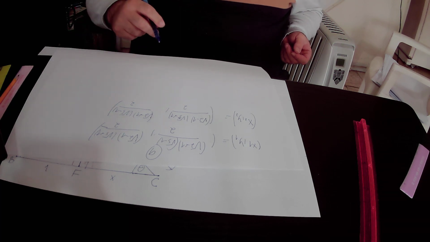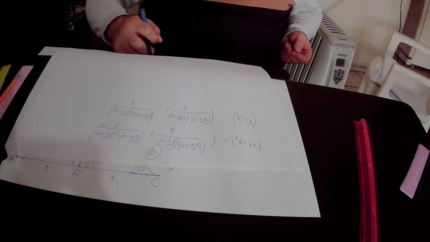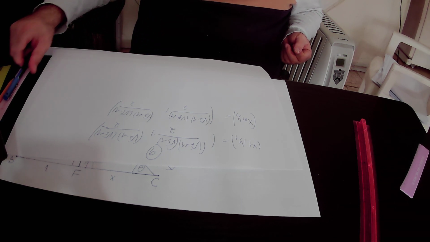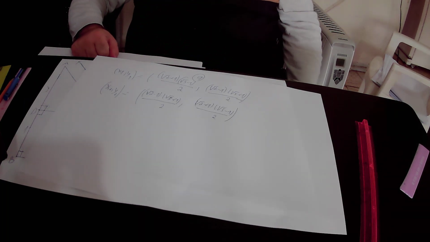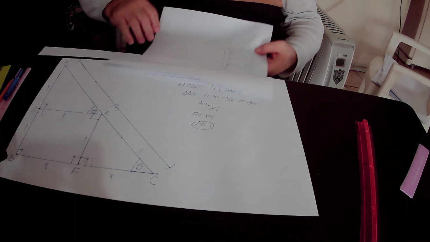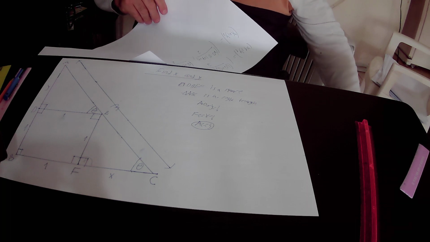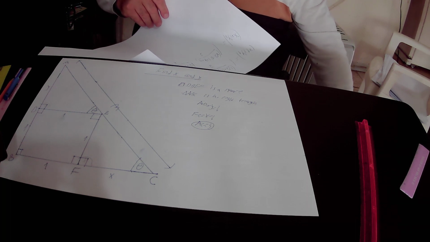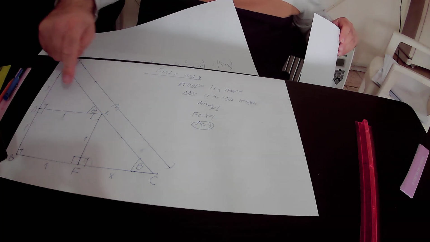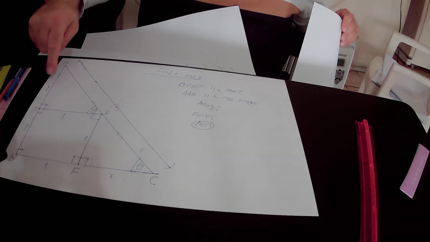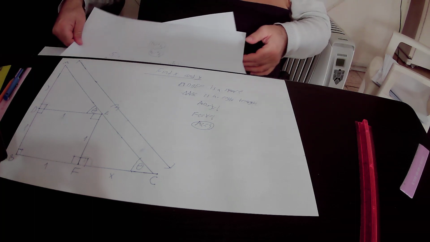Okay, so x1, y1 is the first solution, and x2, y2 is the second solution to the question. Those are the two solutions. Now I will summarize the lecture. Actually, we wanted to find out the values of line segments x and y, x equals FC and y equals AD, and we have here